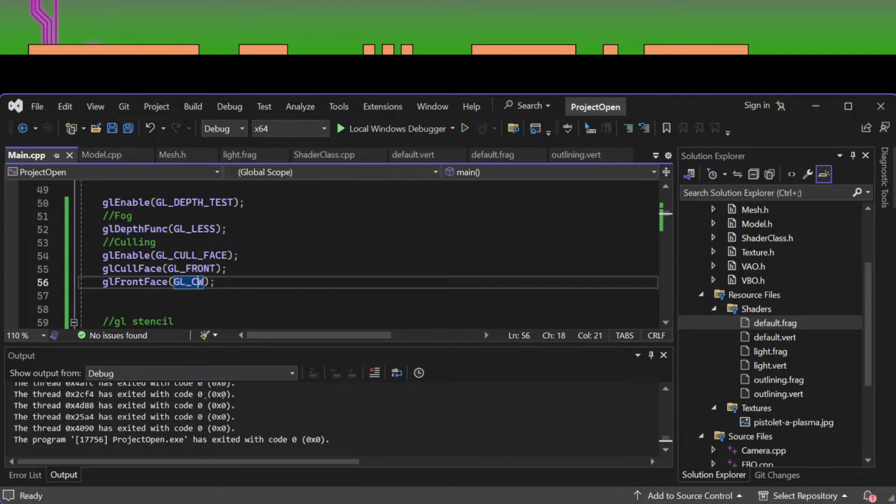Now, if we run the program, you'll notice that when we hit the background. So let's see if this makes any difference in performance. For that, we'll need an FPS counter, which I'll display in the title of the window. Let's start by creating 3 doubles for the previous time,